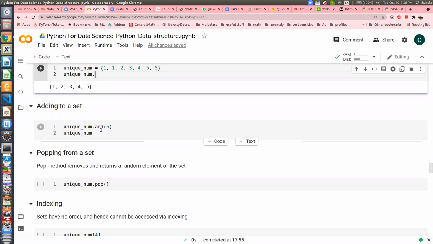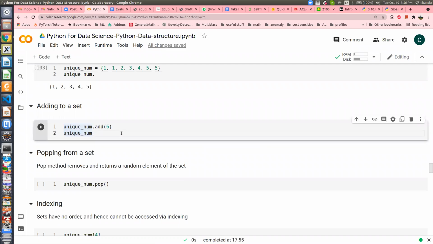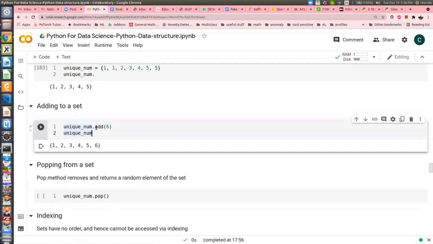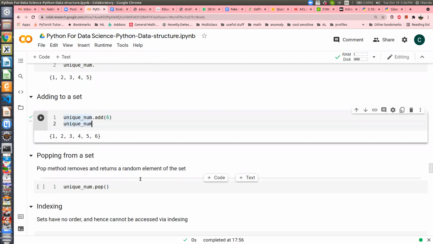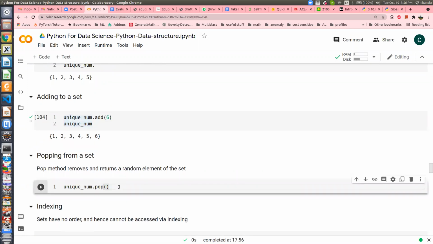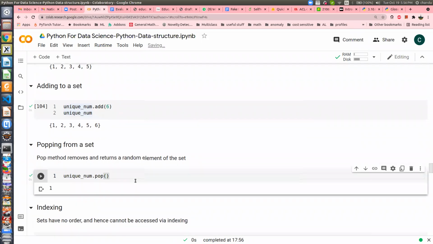Here is another way to add an item. You can use dot add. In a list we use append, but in sets we use add. You can use the pop method to remove and return a random element of the set. That's really strange.